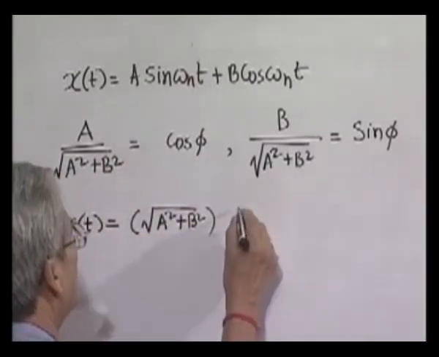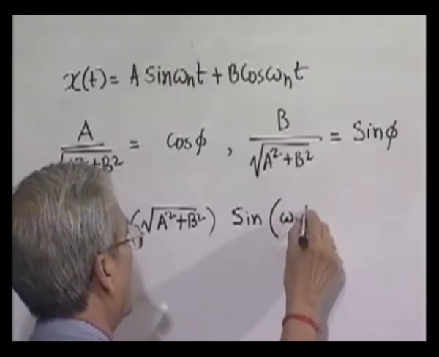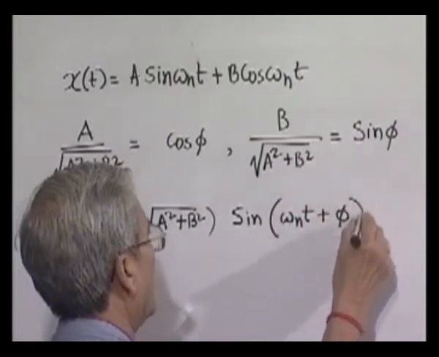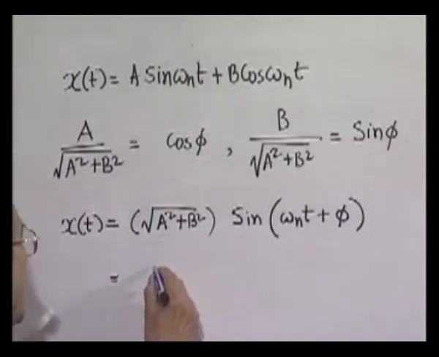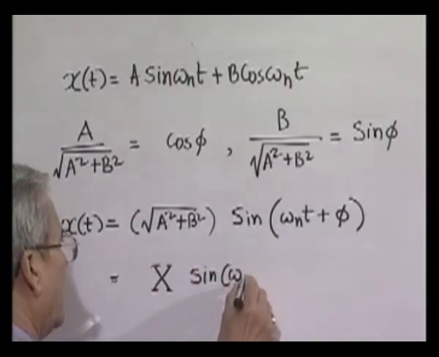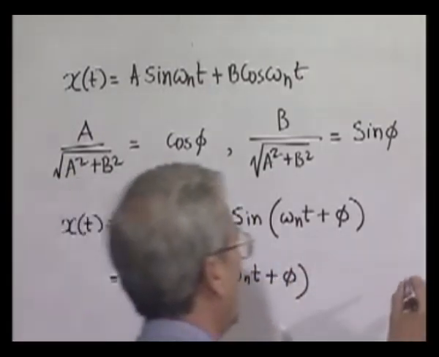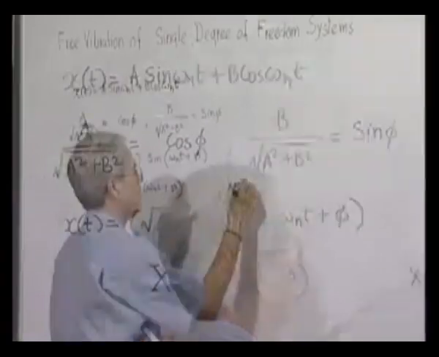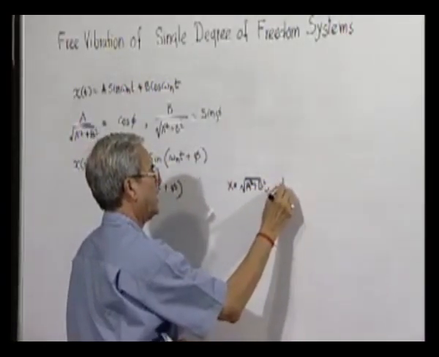So therefore it becomes sin, and we can write this quantity as one quantity capital X. Here of course we know that X is nothing but, and tan phi